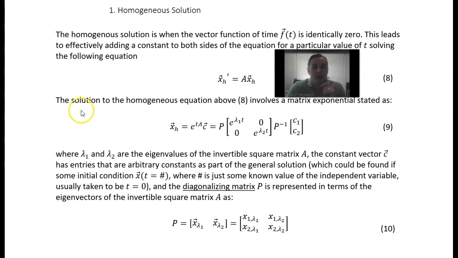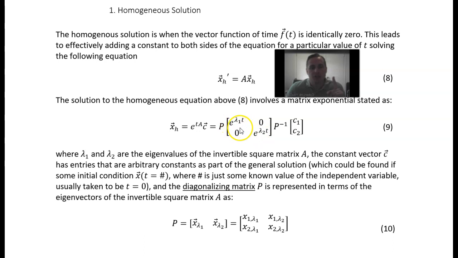Okay, now it turns out the solution to this homogeneous equation above, that's equation 8 here, involves a matrix exponential. And the matrix exponential is going to be e raised to the tA, t being the independent variable, A being the matrix, and then this c vector just being a constant vector. So notice the constant vector here, just like all vectors, is shown to be a column vector. And notice that this matrix exponential involves, this is important,